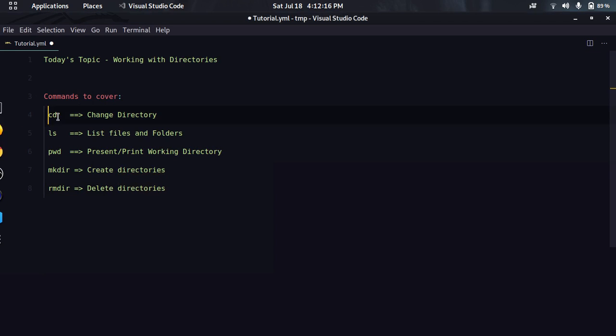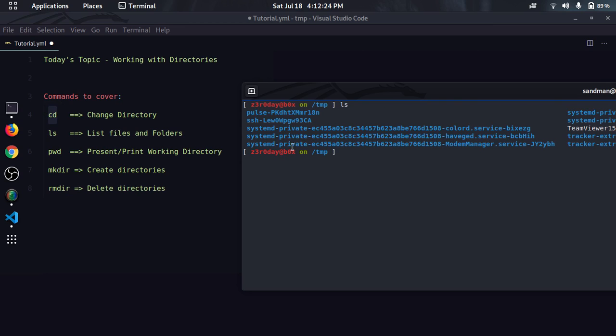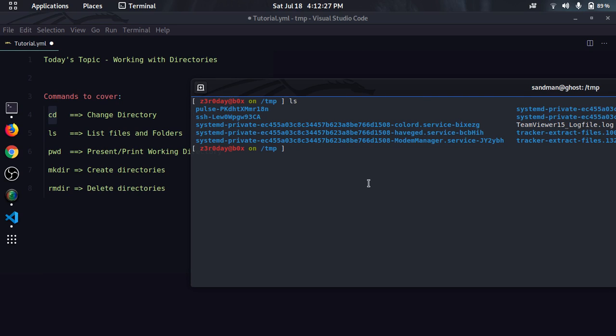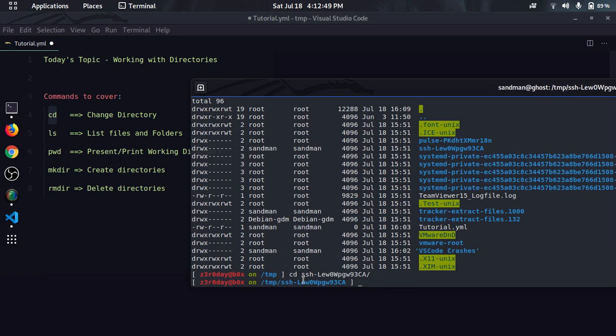Now we are going to look at the cd command. cd is basically for changing directories. Moving forward and backward is done using cd. ls, now we can see these are directories, ls -la. So let's go into this directory. What we are going to do is cd, then the name of the folder. It is better to type 2 or 3 characters and then press tab for auto completion. It is better and easy. Now we can see our present working directory is temp ssh. We can even verify it using the pwd command.